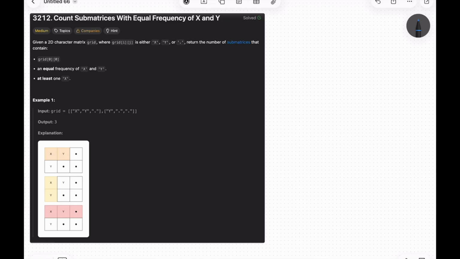Hello all. Today we are solving LeetCode problem number 3212, count submatrices with equal frequency of x and y. We are given a 2D character matrix named grid, where grid[i][j] is either x, y, or dot. Return the number of submatrices that contain grid[0][0], which is the first element. So this should be from the top, which means it should include the top leftmost element,